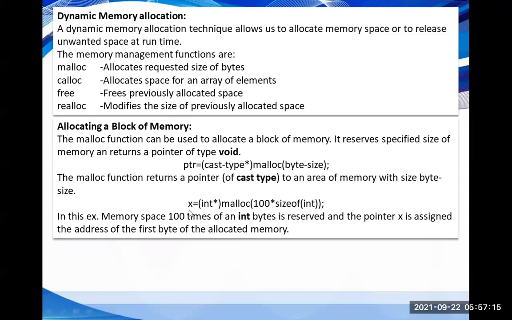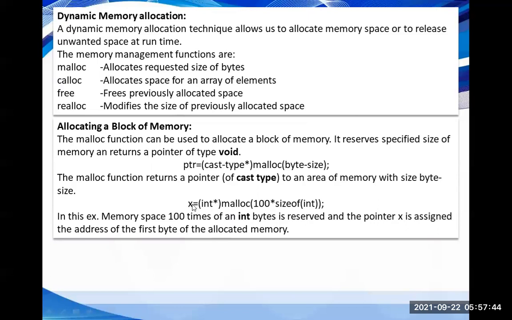Here x is a pointer of type integer. Here malloc allocates 100 times size of integer. Here size of integer equals 2 bytes. It allocates 100 into 2, 200 bytes of memory and converts that void pointer returned by the malloc function into an integer pointer and assigns that address to pointer variable x.